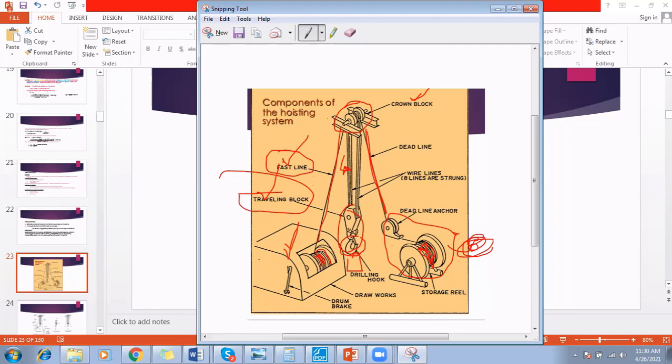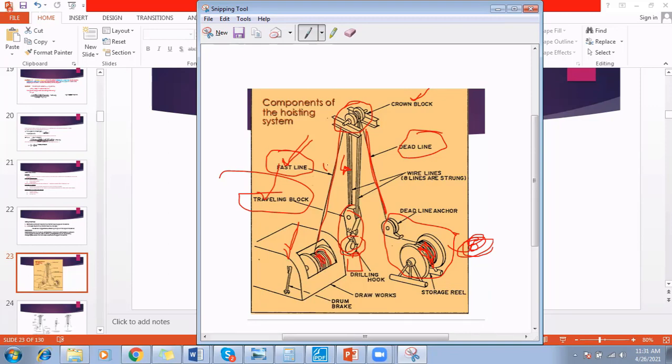The whole load is actually raised or lowered on the basis of this fast line or this drilling line. Why is this dead line the line that is actually not contributing in the raising or the lowering of the load? You can say that in the hoisting system, or you can also explain this thing in other terms, like